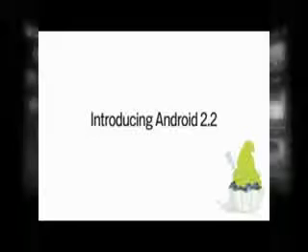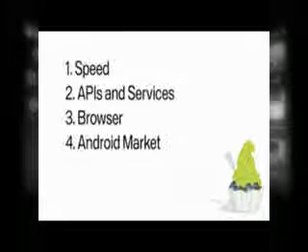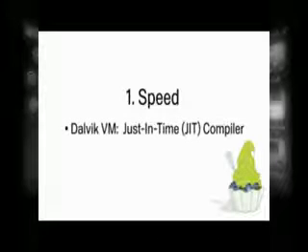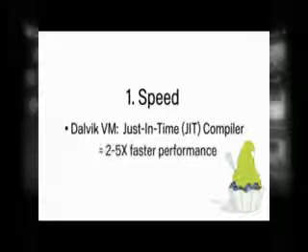We are pleased to announce Android 2.2. There are 4 areas we'd like to highlight in this video. We're working to continue improving overall speed and performance on Android. In Android 2.2, the newly introduced Dalvik JIT compiler delivers a 2 to 5x performance boost to CPU-bound code compared